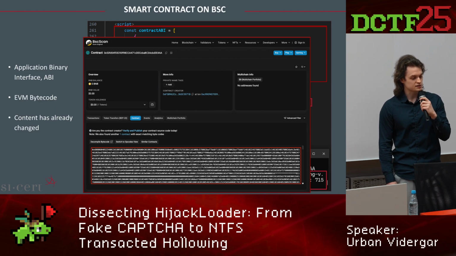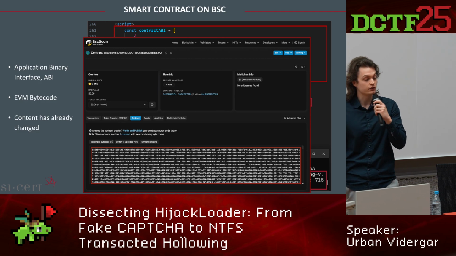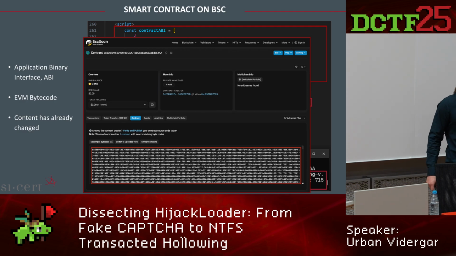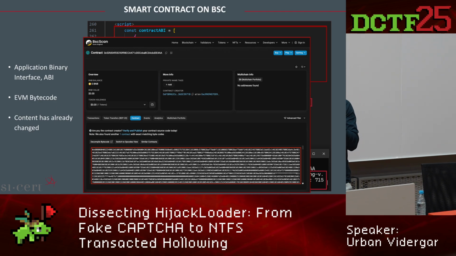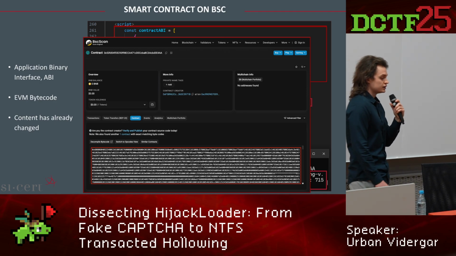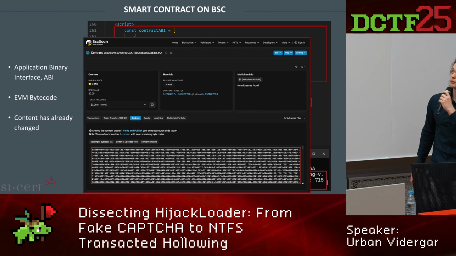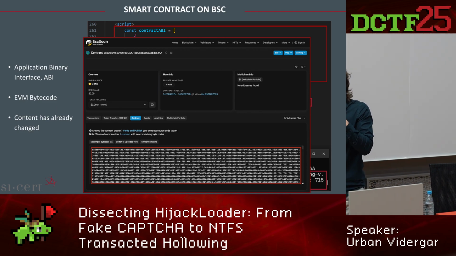If we inspect this smart contract, we don't see actual human-readable code, but EVM bytecode. So the malware has to specify this ABI structure, application binary interface, and specify the address of the smart contract and call just the right method to retrieve this PowerShell command. Then again, the user has to run this malicious command in order to infect their system with the HijackLoader, which leads